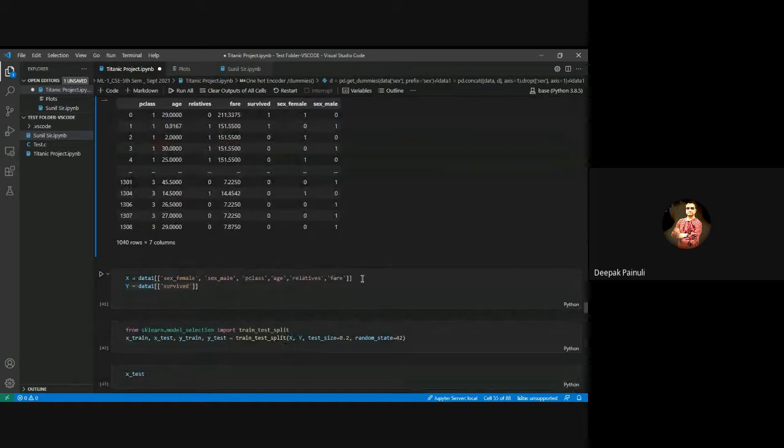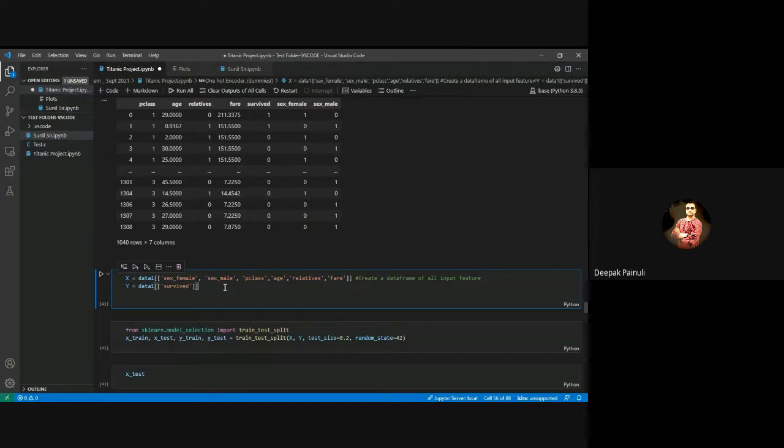Okay, now the next step is to just select your output feature and input feature. So in the X, I am just going to create a data frame of all input features, which were sex_male, Pclass, Age, Relatives, Fare, right?